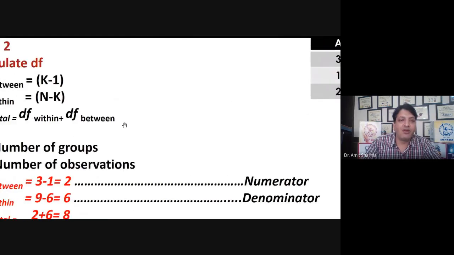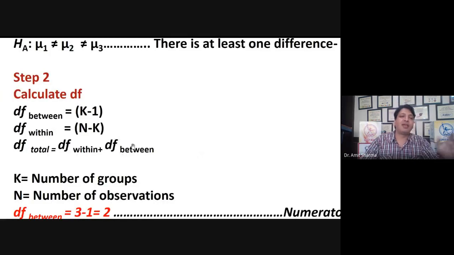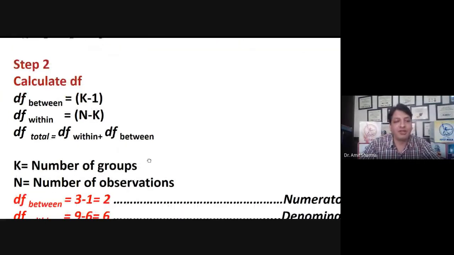Now, what is the use of calculating this degree of freedom? Like in the previous test, we calculated the degree of freedom, and the value of degree of freedom we used in the T distribution table to find out the value from the table, and that value we compare with the calculated value. So the tabulated value can be taken from the table, and the calculated value is what we have calculated. These two values we have to compare. So degree of freedom is also used for the table purpose. Clear?